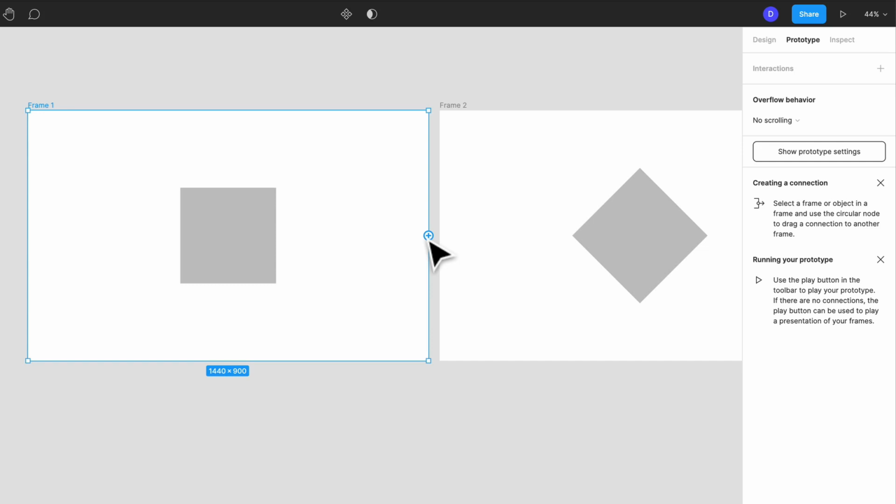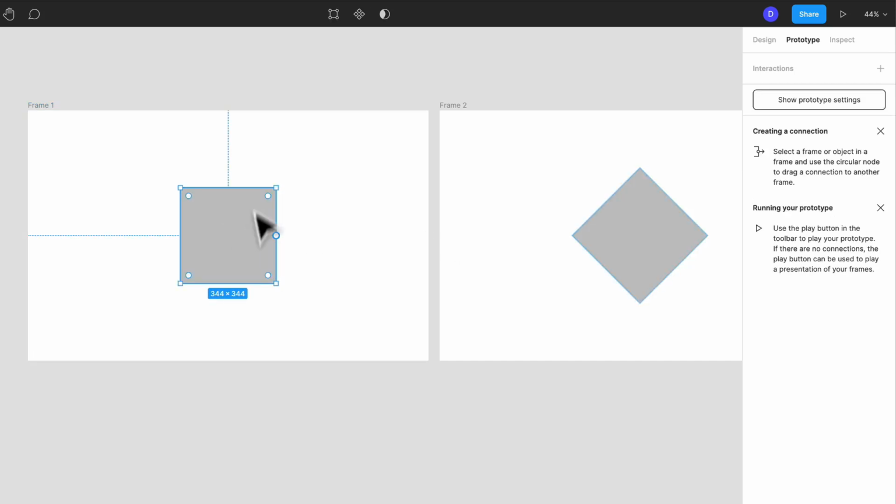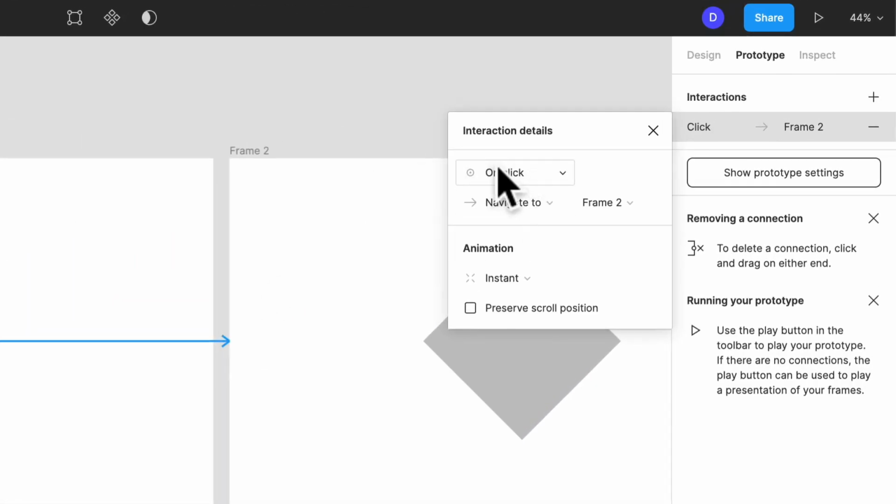And what I can do is I can even select the objects within this frame. So if you had a button, you can imagine if I click this button, I want to go to this page. So all you're doing is clicking this and dragging it. So on click, you'll see these interaction details, and we're going to get into this later in much more detail